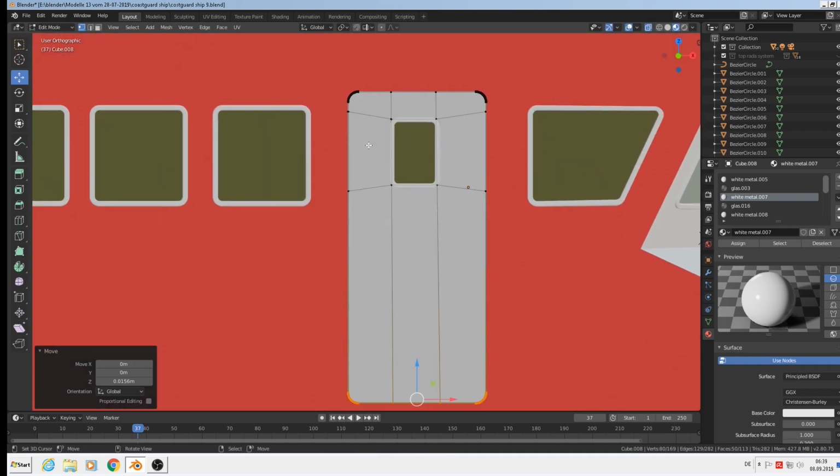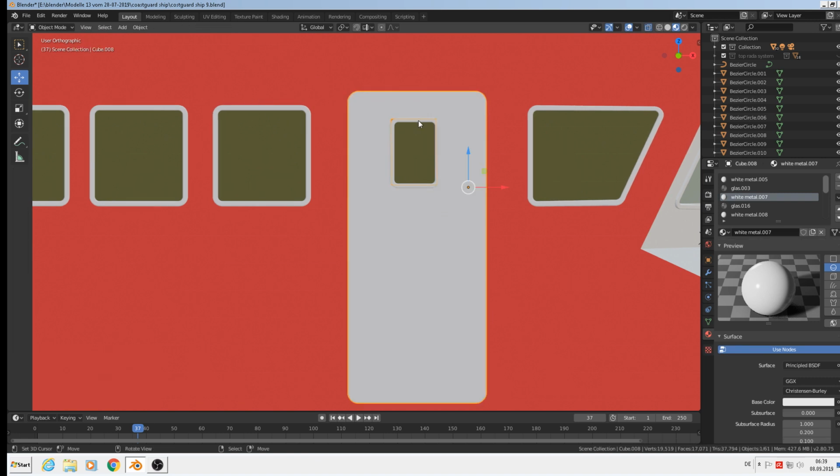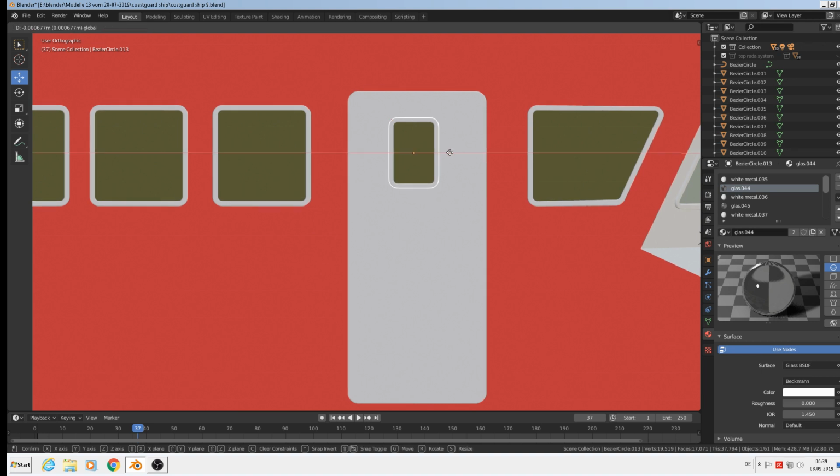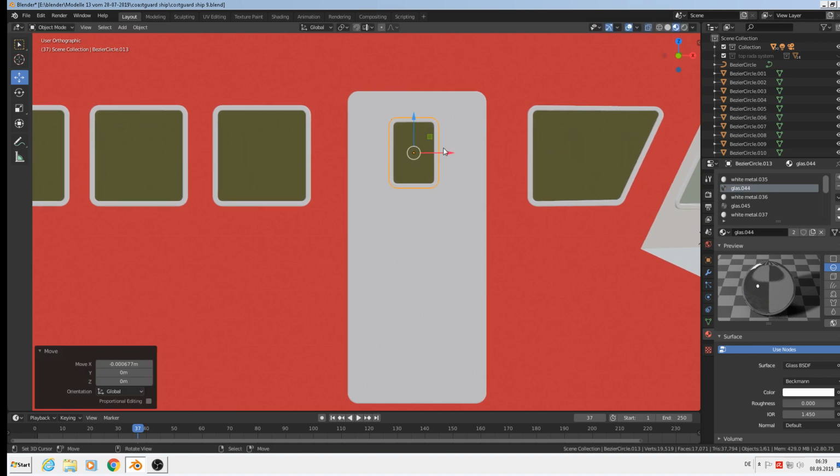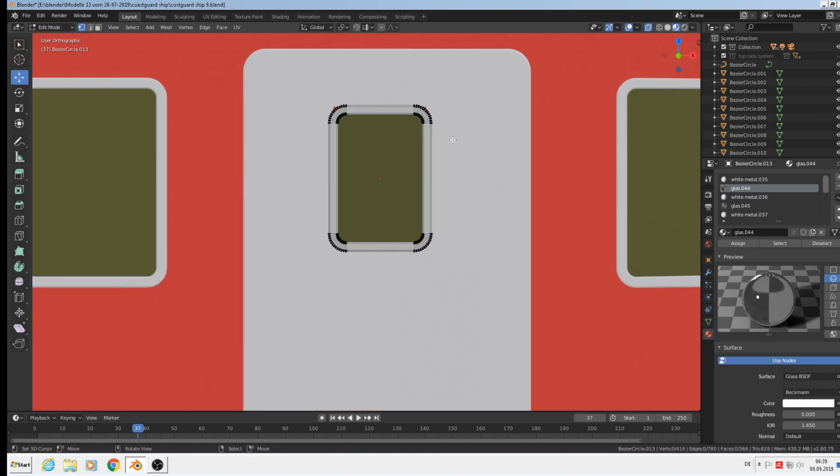Good. The door should have a frame like that too. So I can take the frame complete,